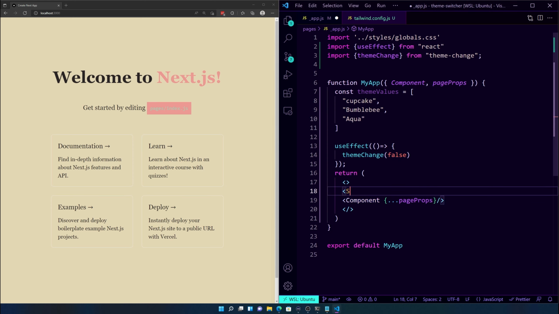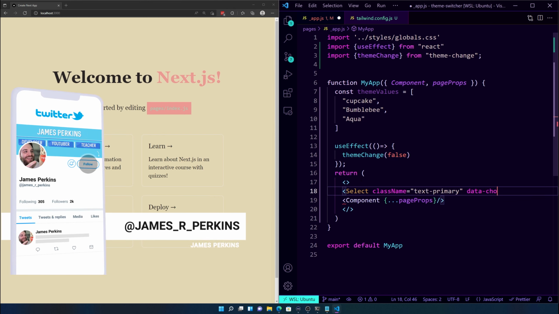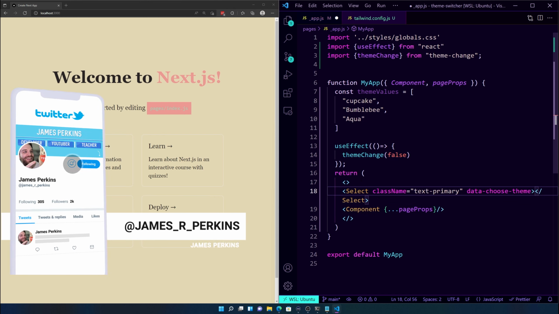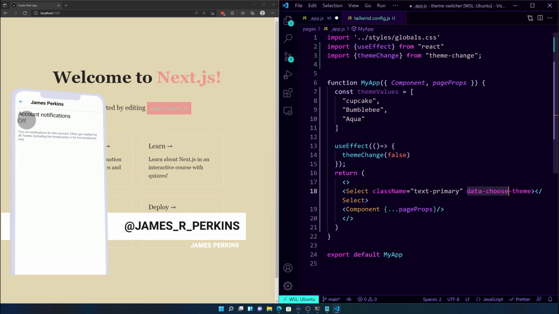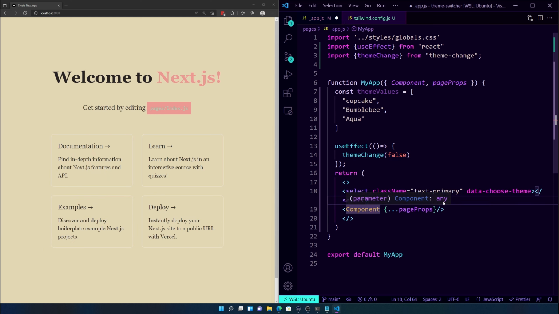First, let's create a select with a className equal to text-primary, and then data-choose-theme. And this is what handles our changing of themes. And this should be a lowercase select. And then inside of that select, we need a default option.